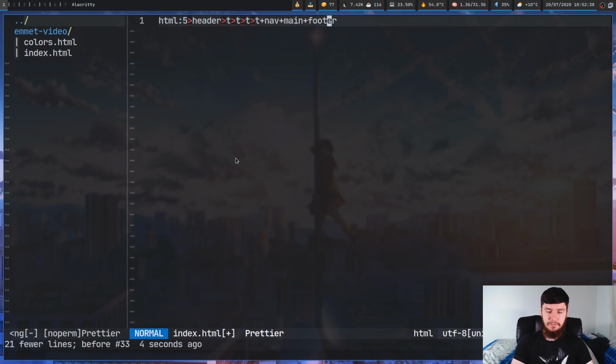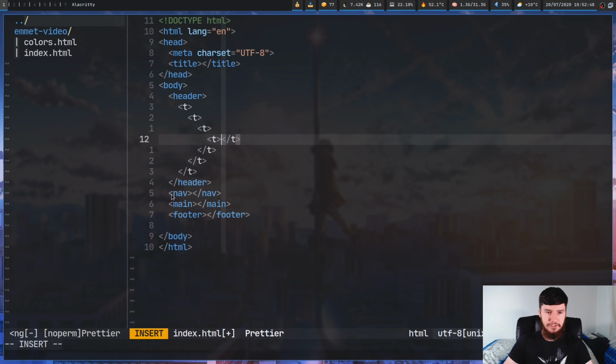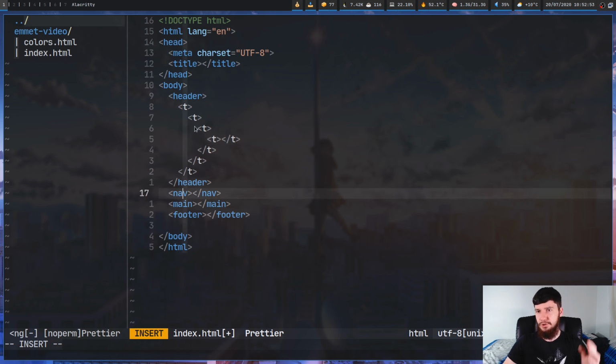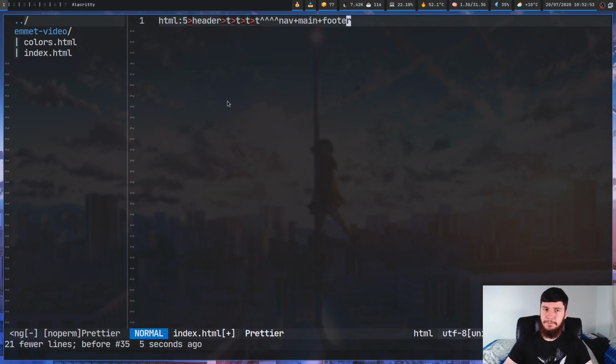So if we wanted that to be the exact same thing we had before, what we would have to do is actually go up a couple of levels. So I think, what is that, 4 levels? This will actually generate the exact same thing we had before. So if we go and generate this now, as you can see, the nav is a sibling to the header. But that's a little bit confusing, so generally it's going to be much easier to do level traversals like this